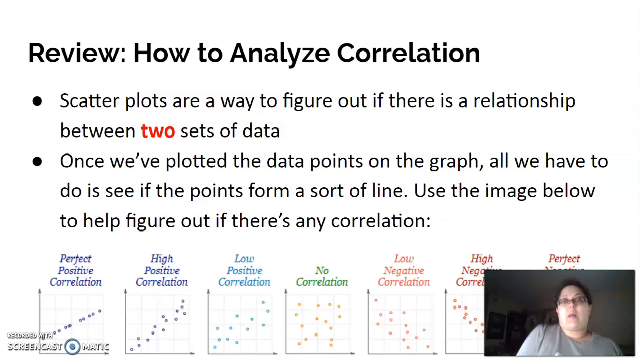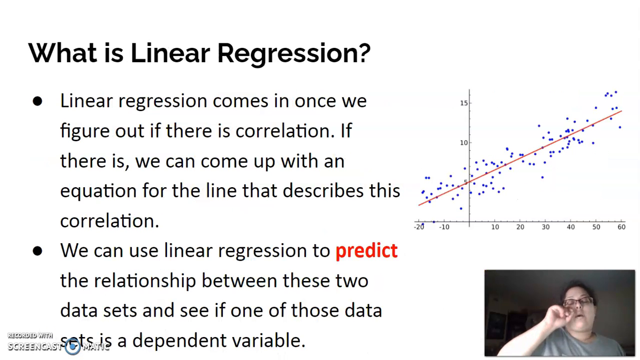And then once we plotted all the points on the graph, we then looked at the pictures below and we said, okay, can we connect any of the picture that we're seeing to one of these pictures so we can identify the correlation to see if it forms some kind of line, okay? Now, I want to talk about linear regression because this is basically, it comes in once we figure out if there's correlation. Like if we say that there's some kind of correlation, we can actually create an equation for a line that you can draw right through the middle of these dots that represents